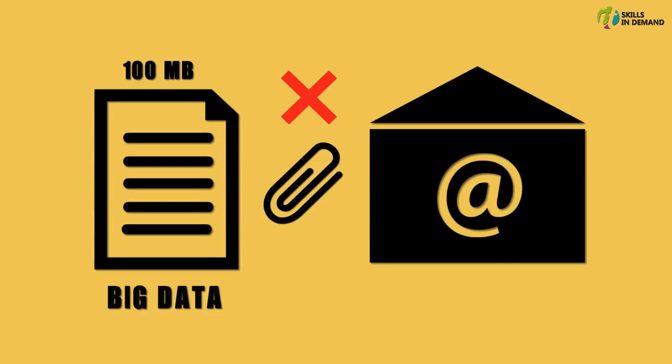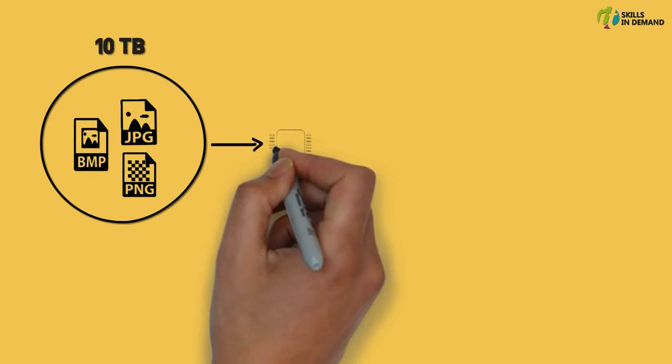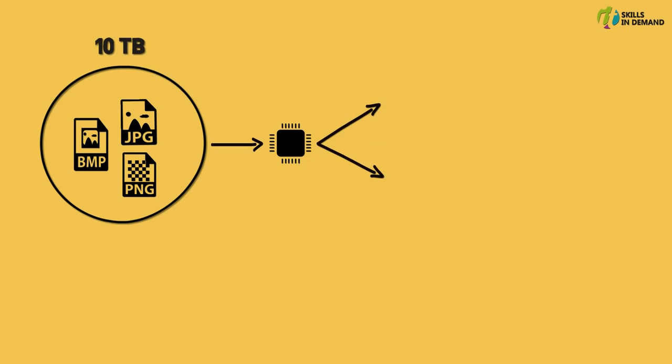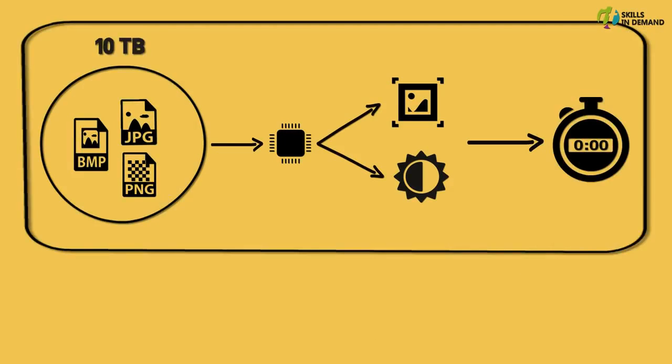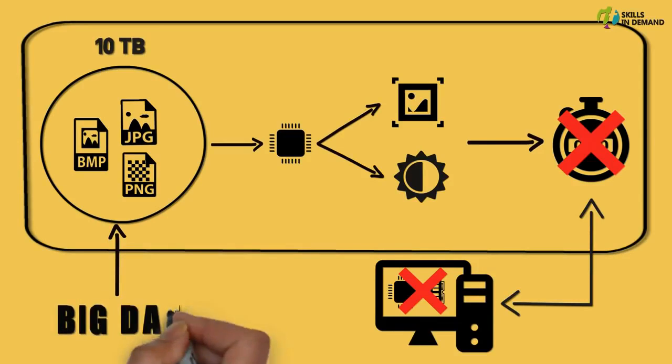Let me take another example and try to explain the term big data. Let us say we have around 10 terabytes of image files, upon which certain processing needs to be done. For instance, we may want to resize and enhance these images within a given time frame. Suppose if we make use of the traditional system to perform this task, we would not be able to accomplish this task within the given time frame, as the computing resources of the traditional system would not be sufficient to accomplish this task on time. Therefore, this 10 terabytes of image files can be referred to as big data.